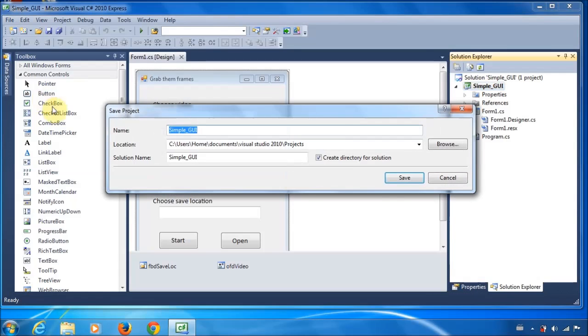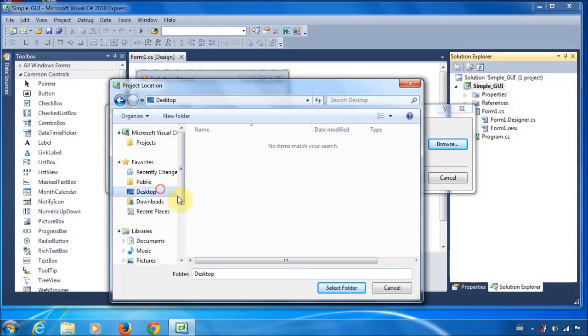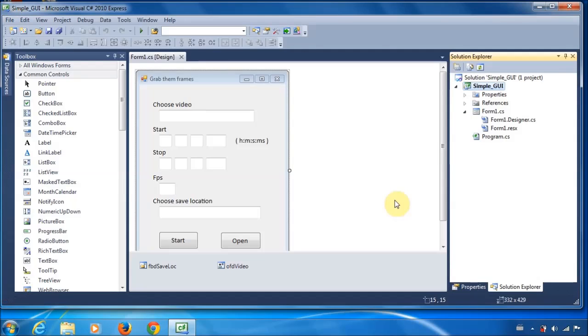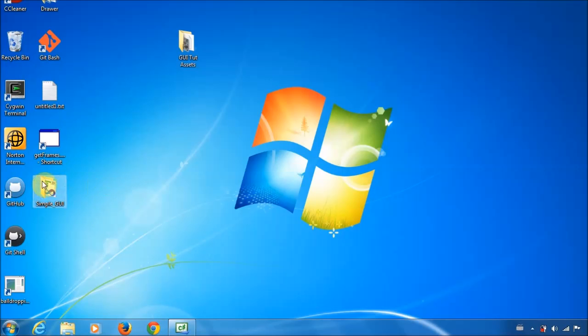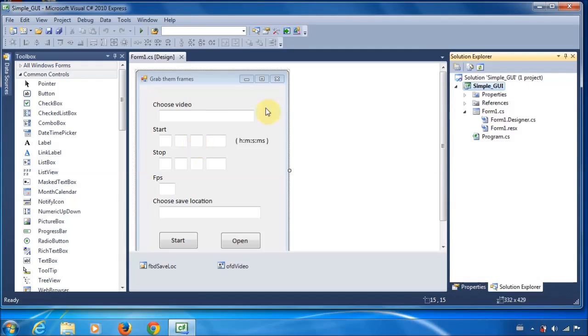When you click it, you can either choose the default location or you can put it wherever you want. I'm just going to dump it on the desktop. Yeah, and save it. And yeah, it's over there, and it will be where it is on your computer. Okay, so with that done, we're going to start